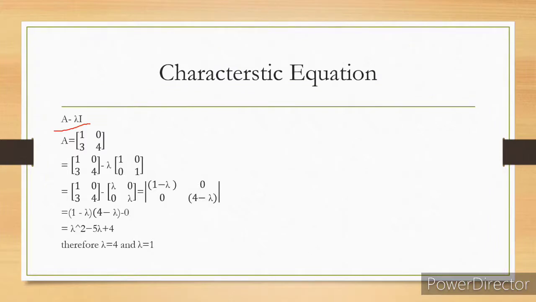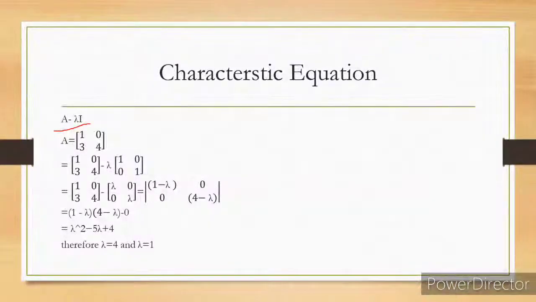So now I'll replace it as it is in the equation, that is A minus lambda I, with 1 0 0 1. Now multiply this lambda to the identity matrix, so it will become lambda 0 0 lambda. Now subtract it. That also I have taught you, subtraction of matrices, in my first video itself. So it becomes 1 minus lambda, 0, 0 minus, 4 minus lambda.